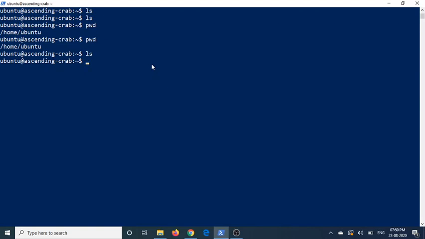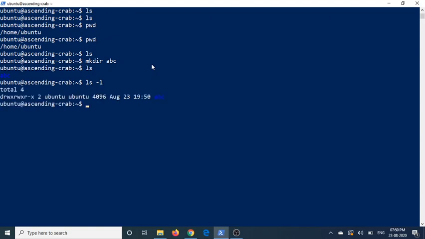So I want to create a directory. If you want to create a directory, the command to create a directory is mkdir. Mkdir means make directory. Say for example, I create a directory called abc. So if you do ls, it just creates. If you want to list with details, means ls with option minus l, ls minus l. So it gives with details what kind of directory, what is the directory, there is a directory, and it says